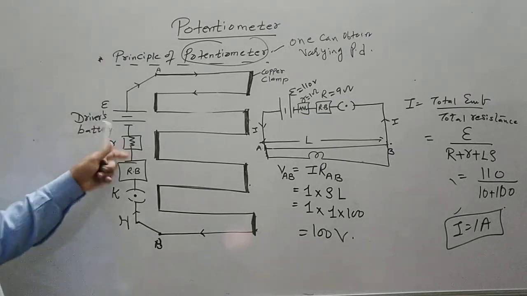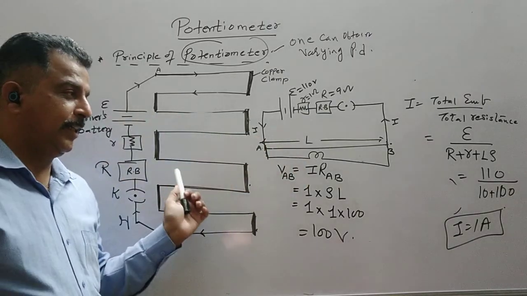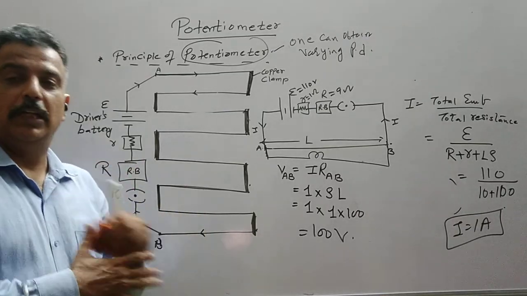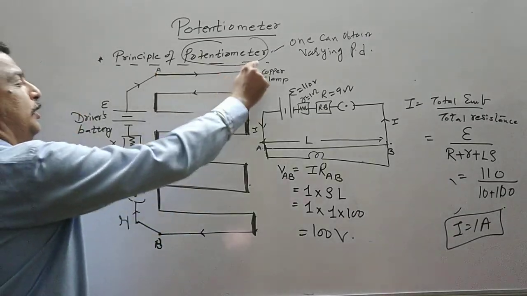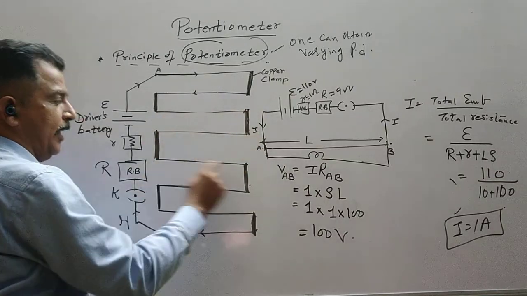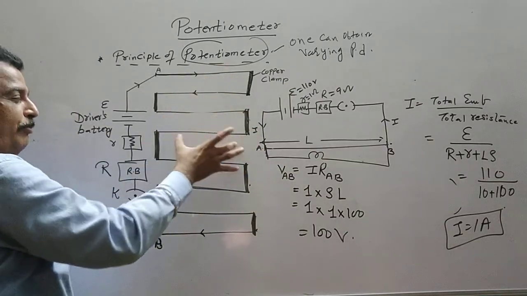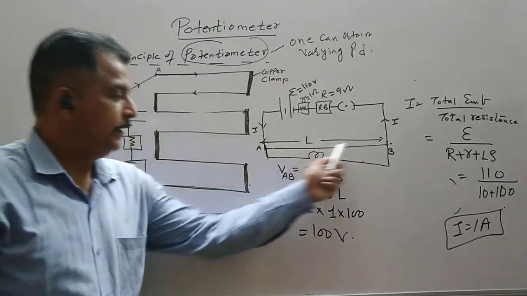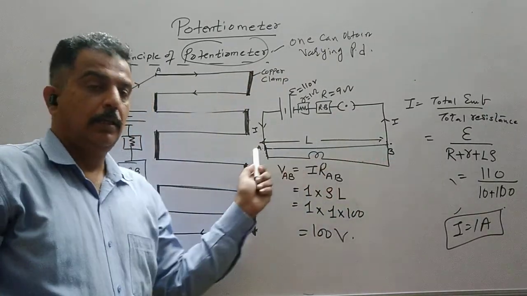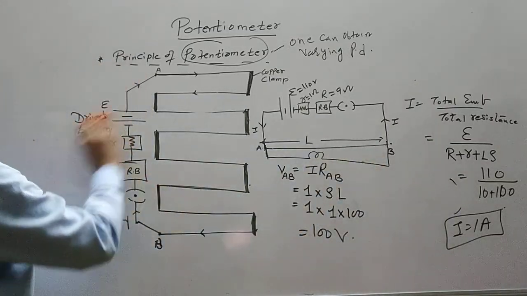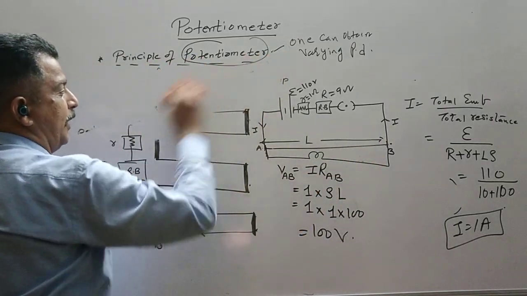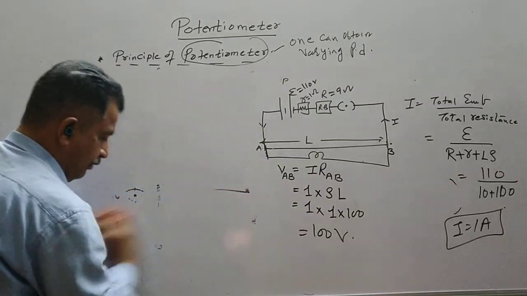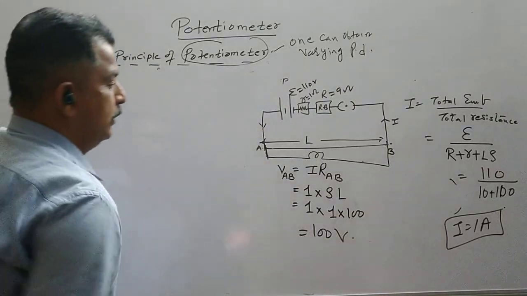Now let us remove this diagram. Both diagrams are identical. The difference is because the wire is actually very long, so we have shown it this way. We have bent the wire, or we have connected the piece of wire, so that it remains tight. Otherwise, if the wire is very small, I can take a straight wire. So let us remove this diagram. Because the wire is several meters, we have to draw this diagram.